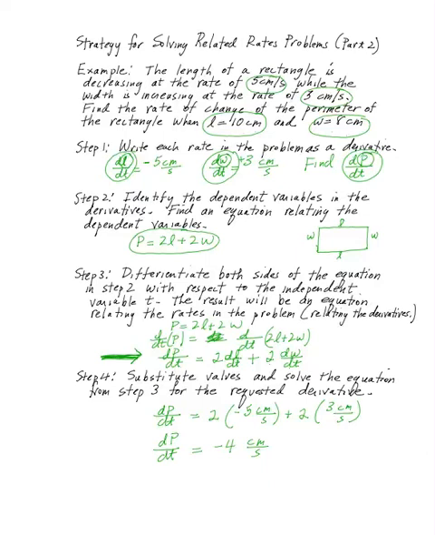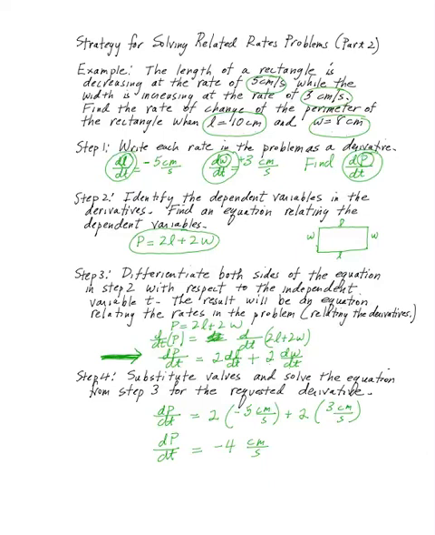In part 1, the first Pencast related to solving related rates problems, we illustrated a 4-step process. We will further illustrate this process with a related example. The length of a rectangle is decreasing at the rate of 5 centimeters per second, while the width is increasing at a rate of 3 centimeters per second. Find the rate of change of the perimeter of the rectangle when the length is 10 centimeters and the width